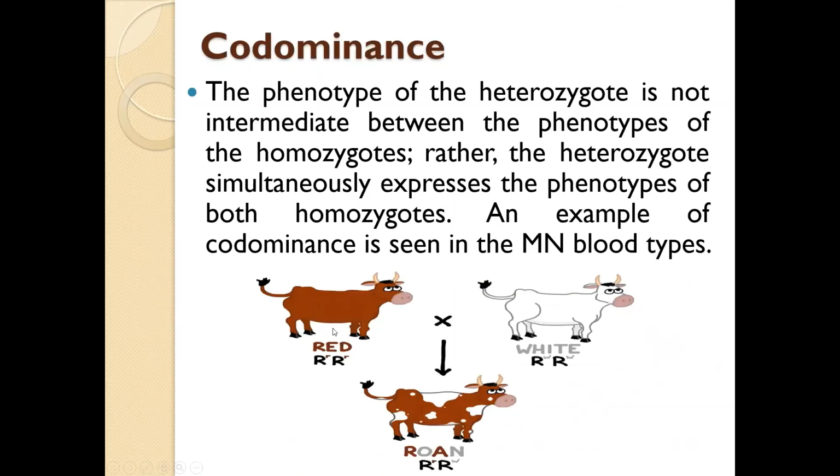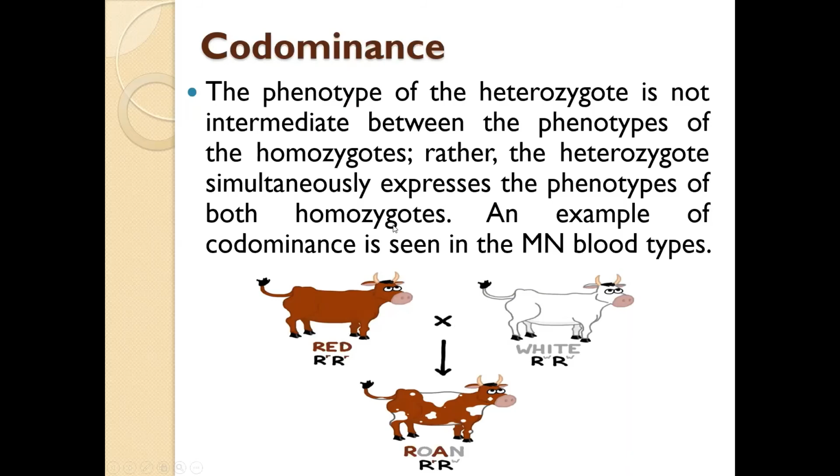Just look at this picture. The capital R, small r is the red one, capital W is the white one. Now, if capital R and capital W are present in a particular cow, that will produce a roan feature. That means some mosaic feature of red and white. So in this particular cow, both the white and red features are present.